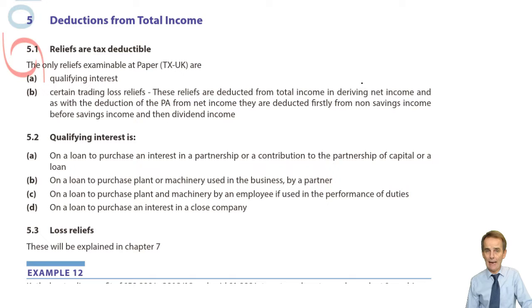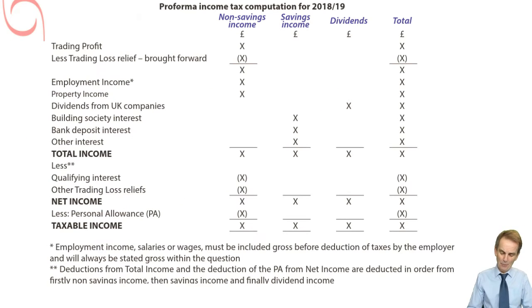And hopefully you're back now. And what we have next to deal with, if that all went well on David and Victoria, I trust it did, deductions from total income. Now then, if I remind you of what the pro forma income tax computation looked like, let's just go back to that pro forma computation.